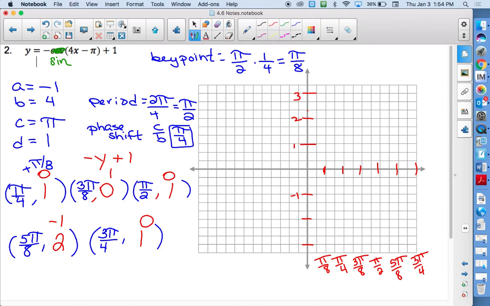So still graphing sine. We have the points. My first point is at pi over 4 and up at 1. The 3 pi over 8 is at 0. Pi over 2 is up at 1. 5 pi over 8 is up at 2. And then 3 pi over 4 is at 0. And if you want to lightly sketch yours in, or like dash it in,